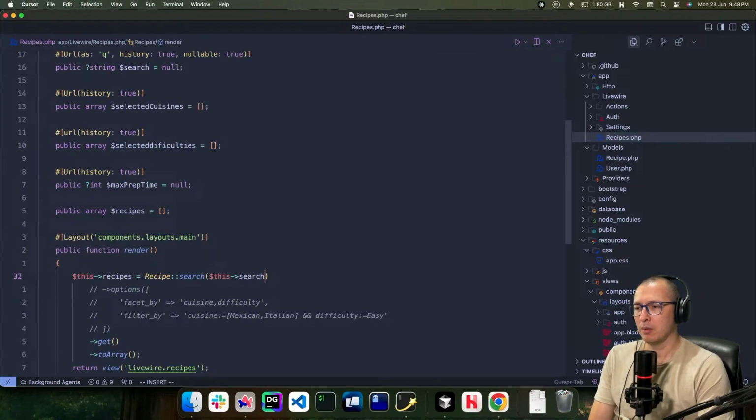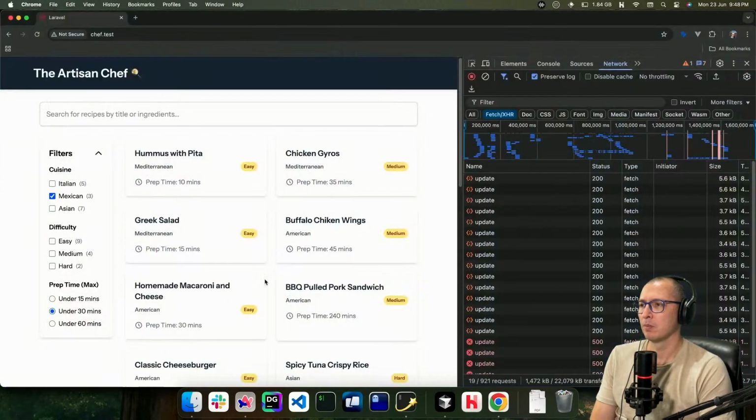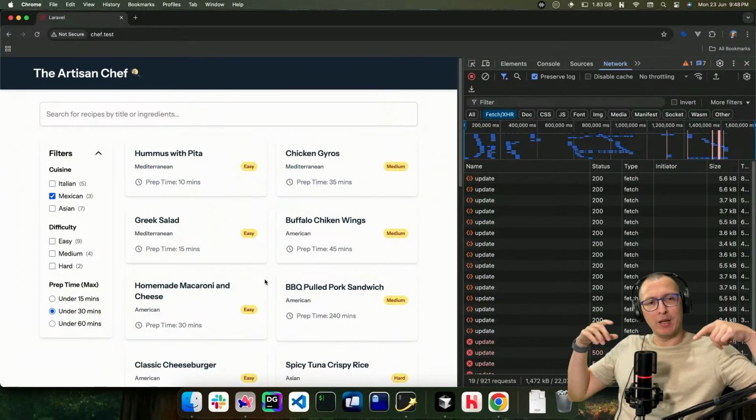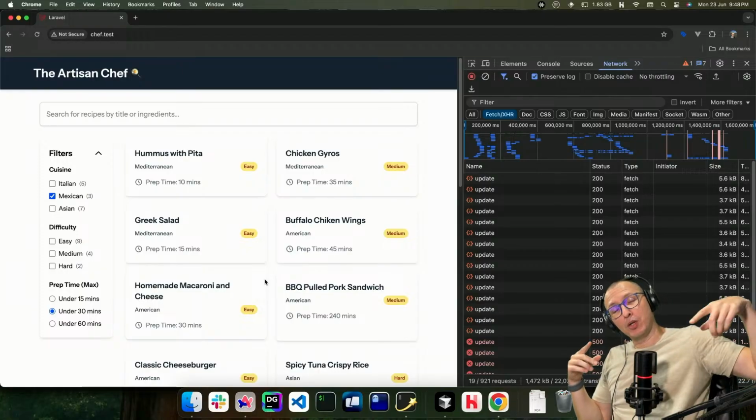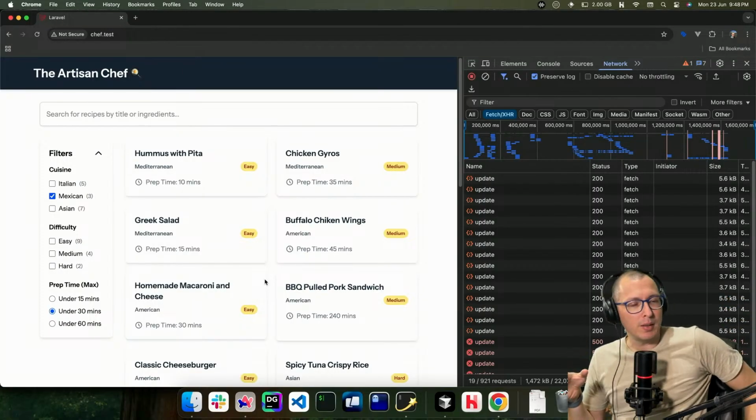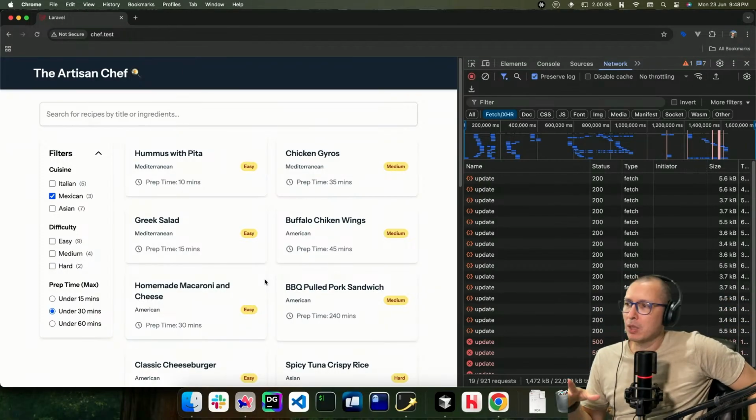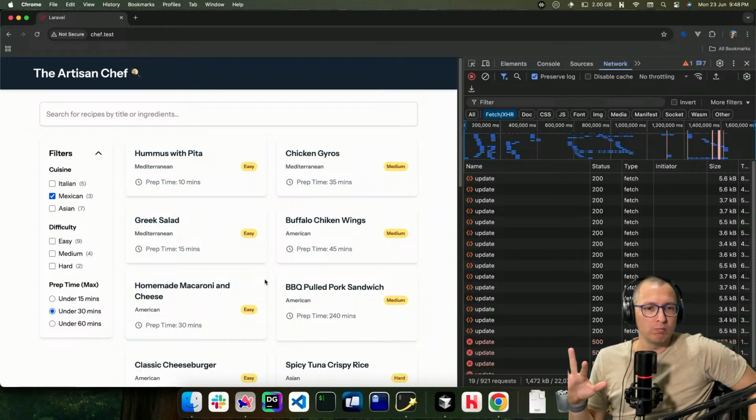Maybe if I do this. Yeah, that's the thing. You cannot pass null into the search method. Has to be either an empty string or something, but not null. Okay, cool.